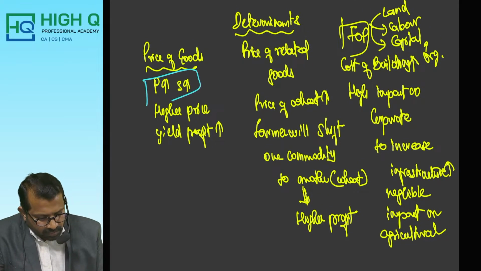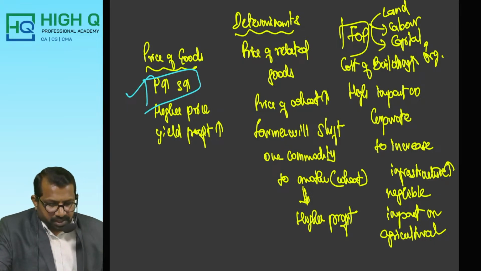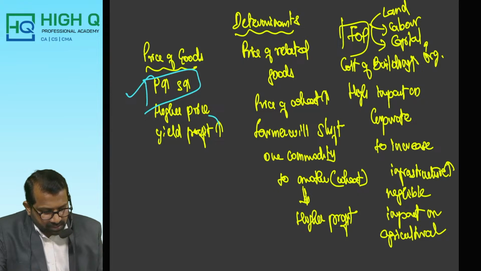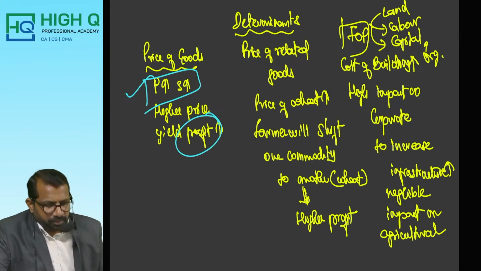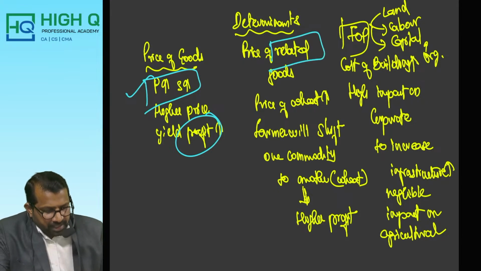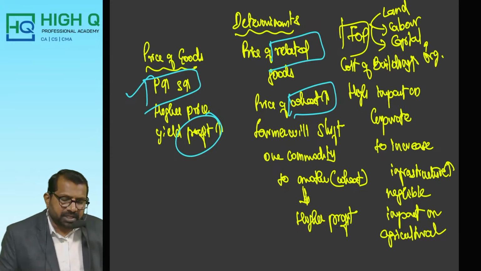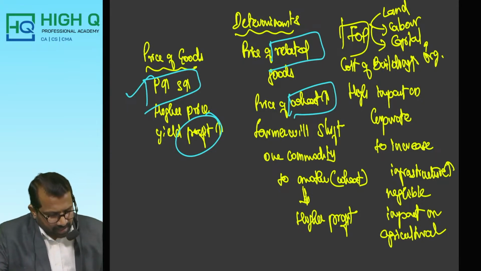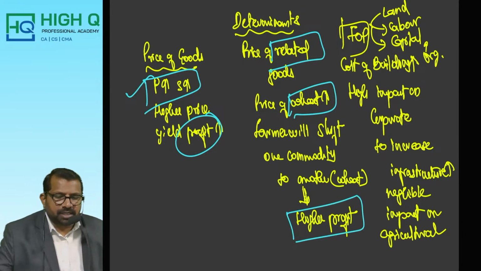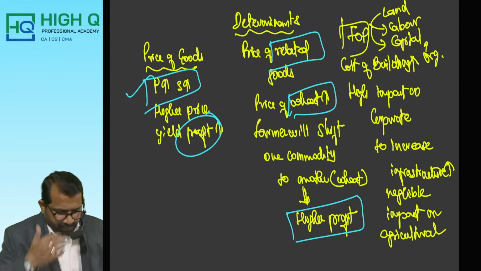So here, price of related goods: price increases, supply also will increase. What purpose? The price of goods increases, supply increases, to yield high profit within a short span of time. Point number 2, price of related goods. One good's price increases, say for example even a farmer switches over from one commodity to another due to the price started to increase. What is the reason? The reason is to get more profit.